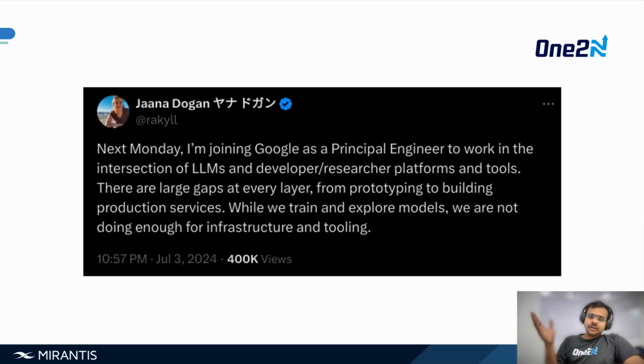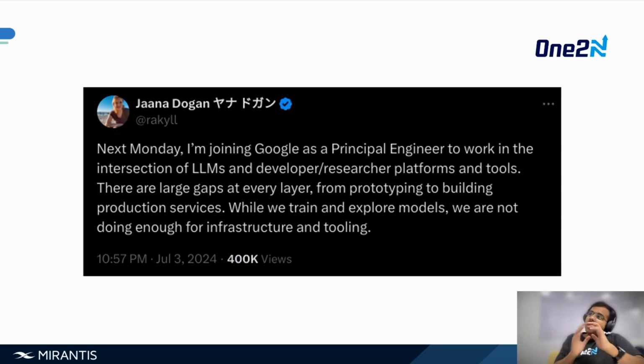So before I proceed, this is a tweet from July of 2024 from a principal engineer at Google, which also recognizes the problem that we have done extensive work on how we are going to train these models, how we are going to explore these models, how we are going to benchmark these models, test the datasets and all.